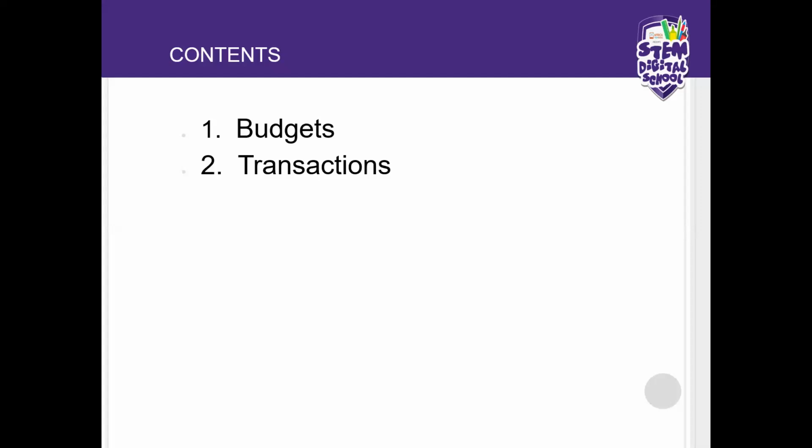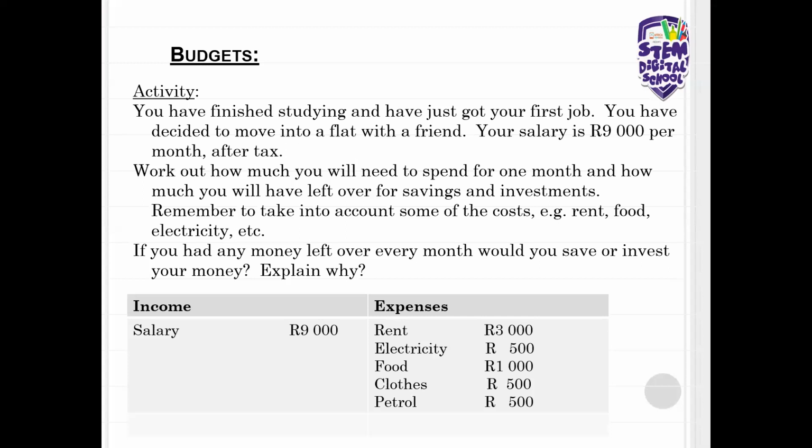You will see, like I said, in the table of contents that we are going to continue with budgets today, and then we are going to look at transactions, basically what transactions is. There you will see budgets, and we're going to start off with an activity. I'm going to do this activity with you guys, but before we start, remember with budgets yesterday, we